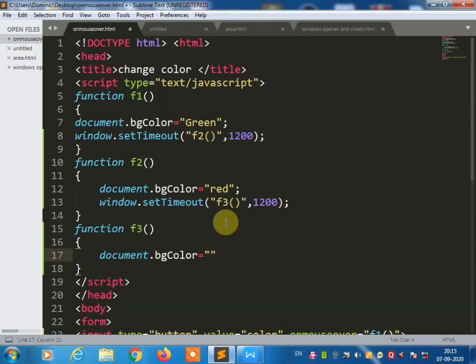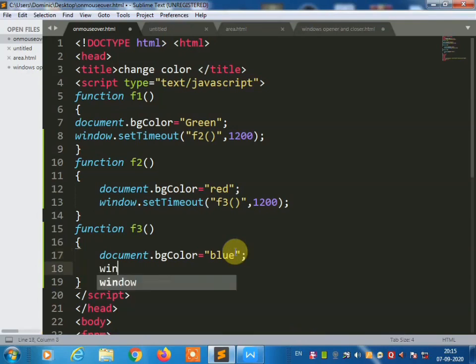Now 2 colors are over, now the next color we are going to take is blue, semicolon. You can set the window property, window.setTimeout function f4, comma, 1200 milliseconds.